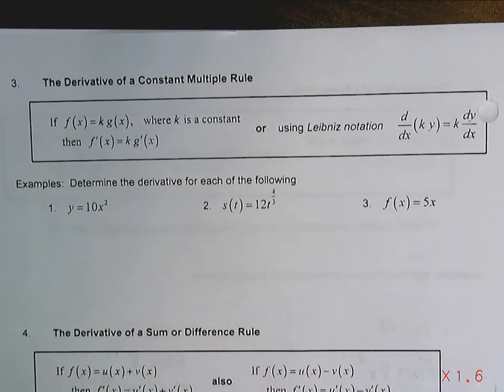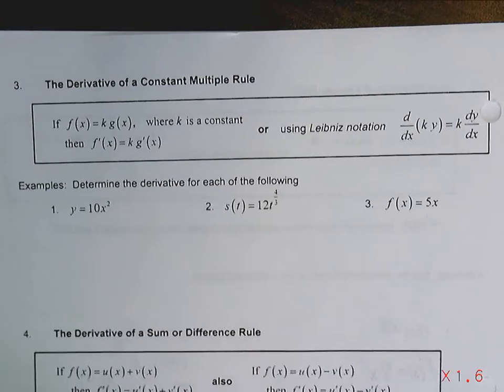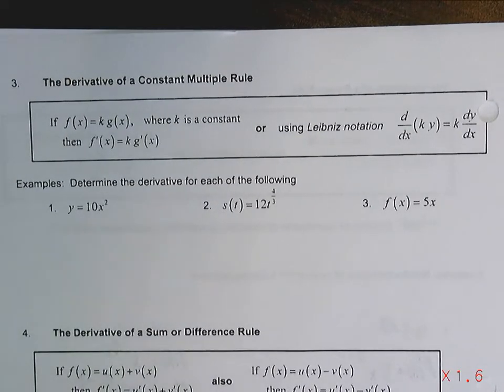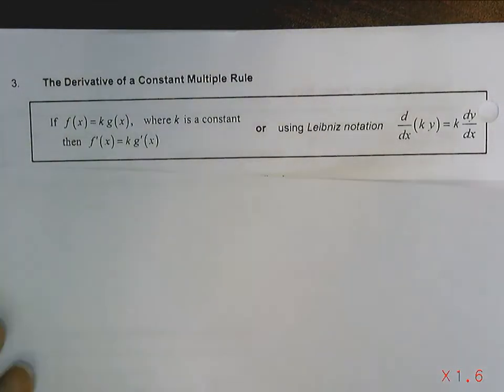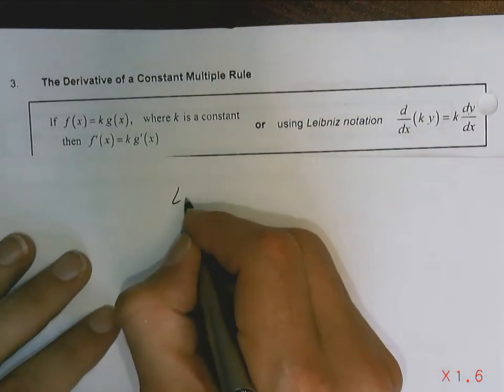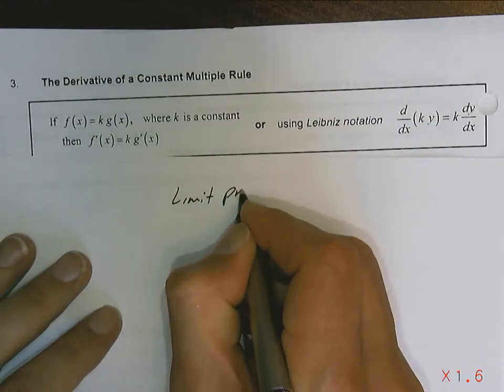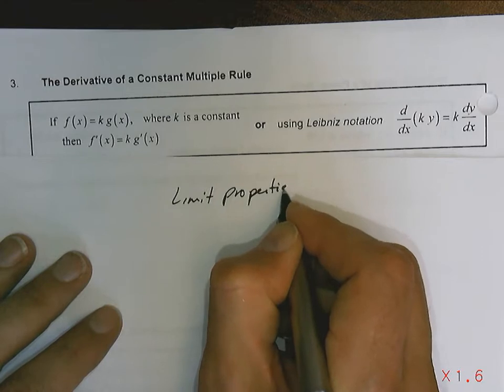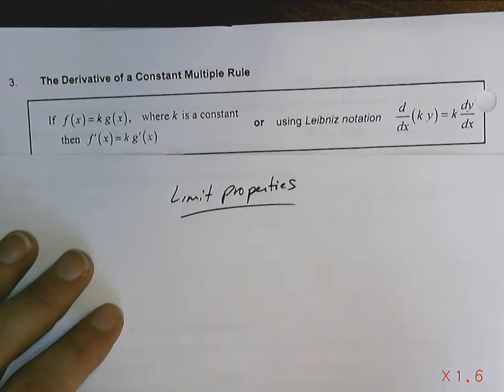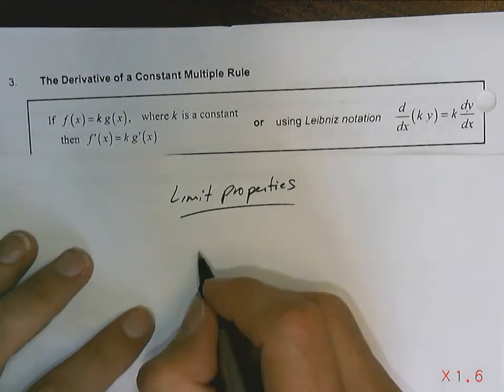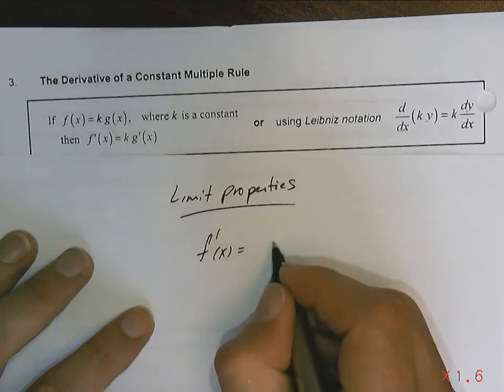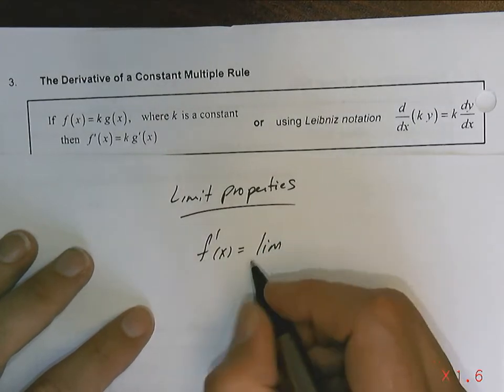Okay, we're going to do the derivative of constant multiple rule. Now, I want to remind you of your limits. Do you remember all your limit properties? Well, we need them. Why do we need them? Because you remember what derivatives are? Derivatives are limits. Someone asked me once,